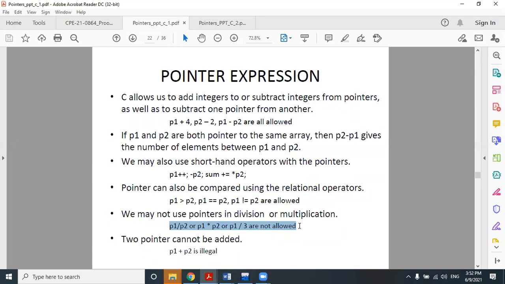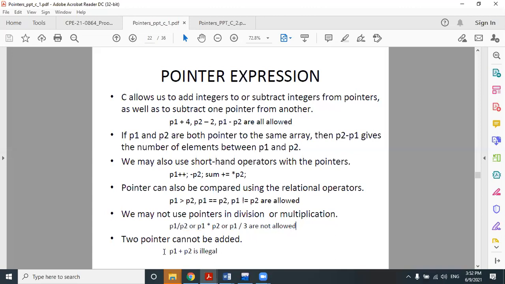Obviously, you cannot divide two pointer variables, because you would be dividing the addresses of two other variables. It's not possible. Even you cannot multiply the two addresses of variables. And you cannot divide a pointer variable by some integer.